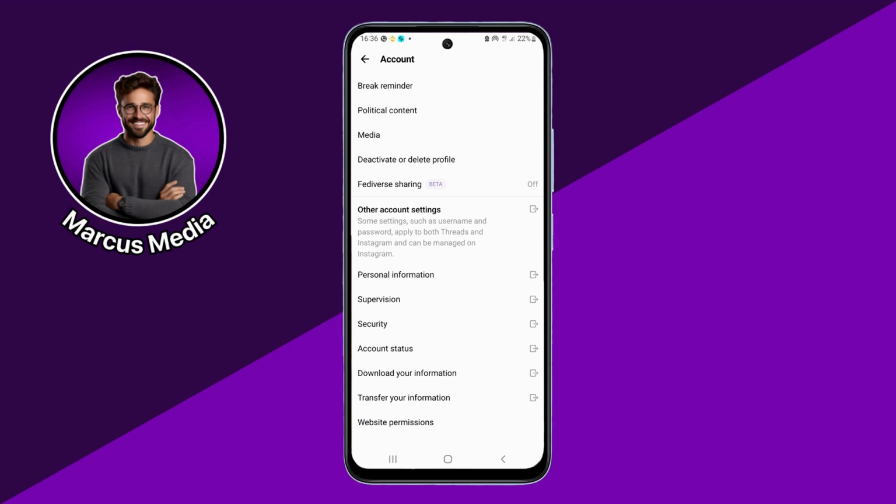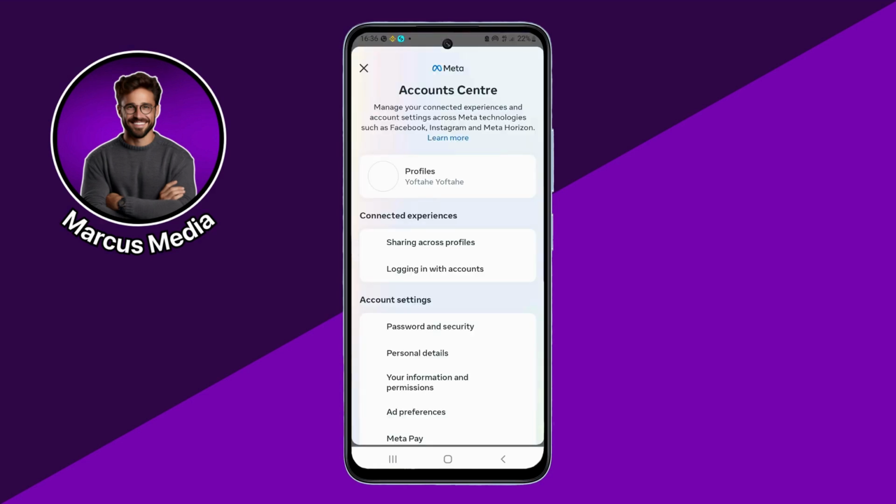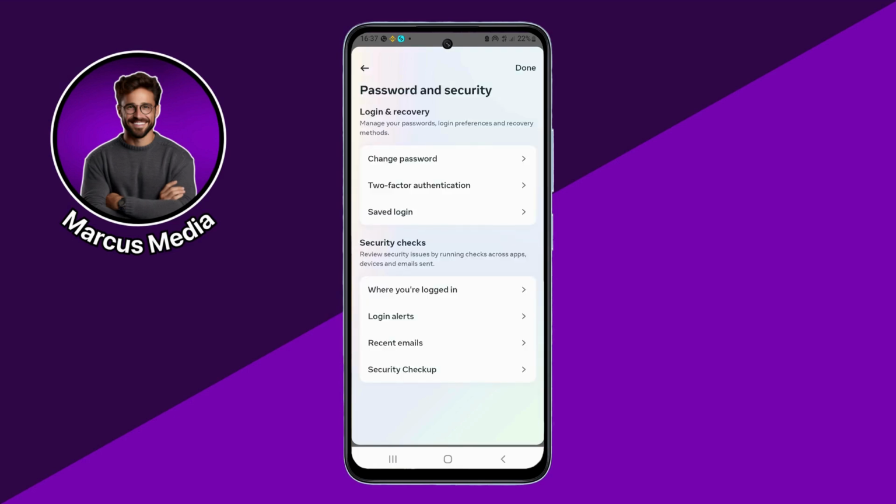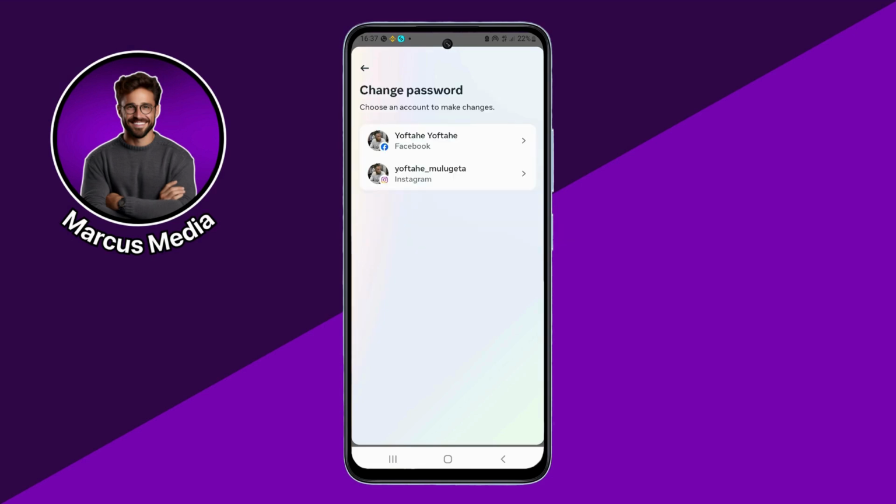Instead, click on security and this will direct you to your Instagram app, as Threads is linked to your Instagram account. And once you're in Instagram, click on change password. Select the profile where you would like to change the password and then